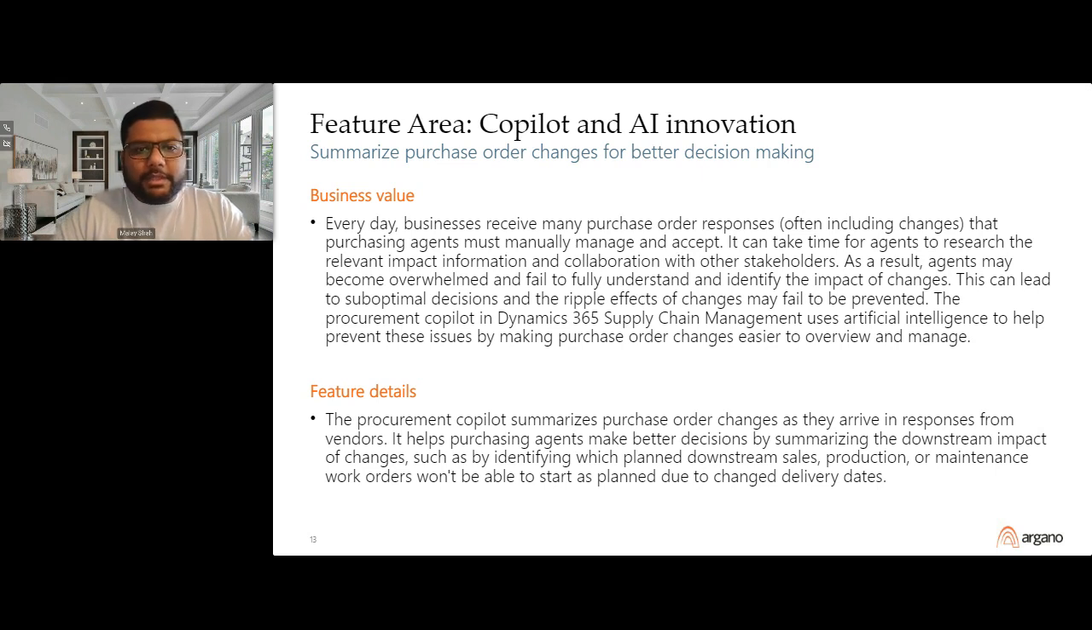So every day business receives many purchase orders and it's really hard for users and purchasing agents to understand what changes have been done or whether they would be needed to be accepted or make any changes. And it takes time to also fully understand how it affects the downstream sales order, production order, or any inventory levels adjustments. With this Copilot and AI innovations, now it will allow users to make decisions